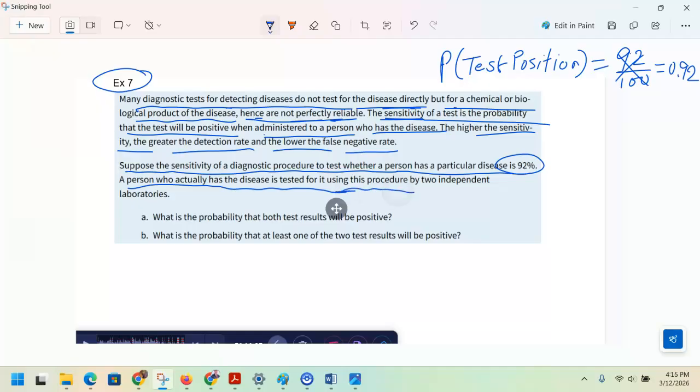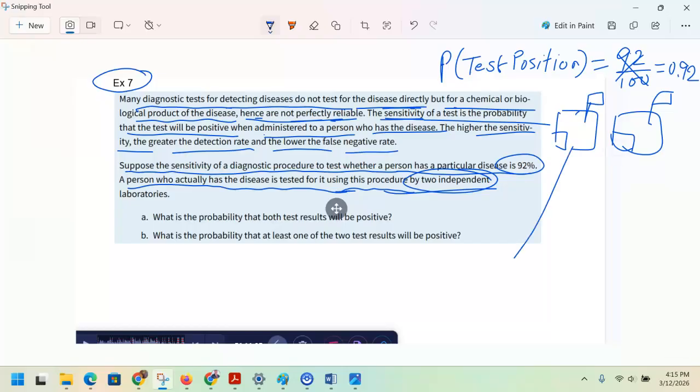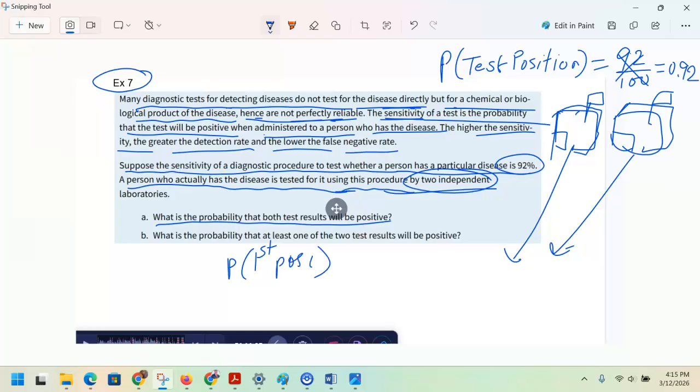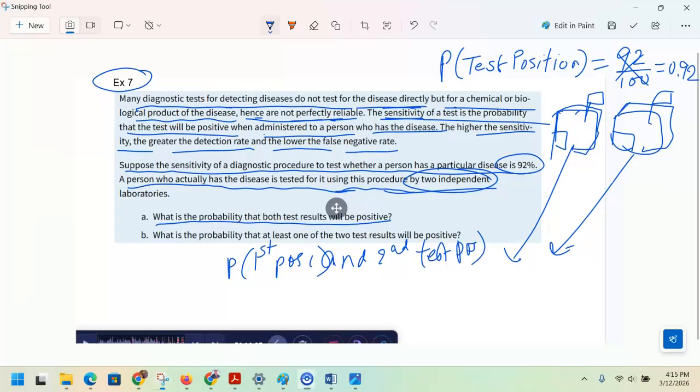Then a person who actually has the disease is tested using this procedure at two independent clinics. Whatever test is done at one has nothing to do with the test at the other. So what we want to check is: what is the probability that both test positive? That is the probability that the first clinic tests positive and the second tests positive. By the multiplication rule, because these two are independent,